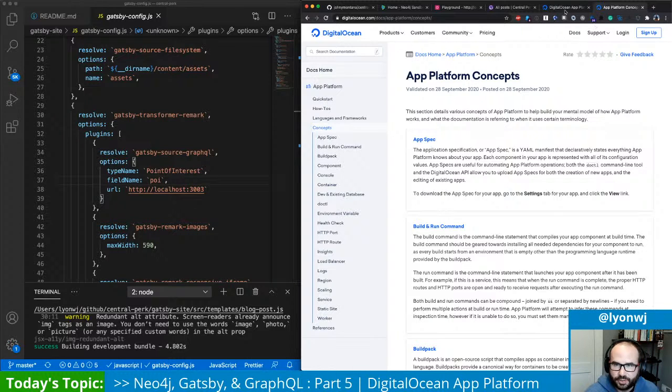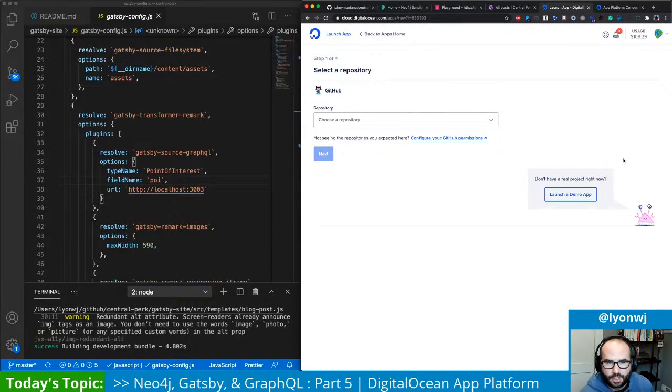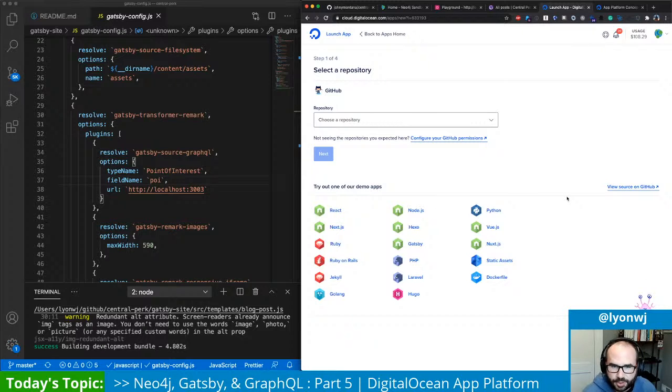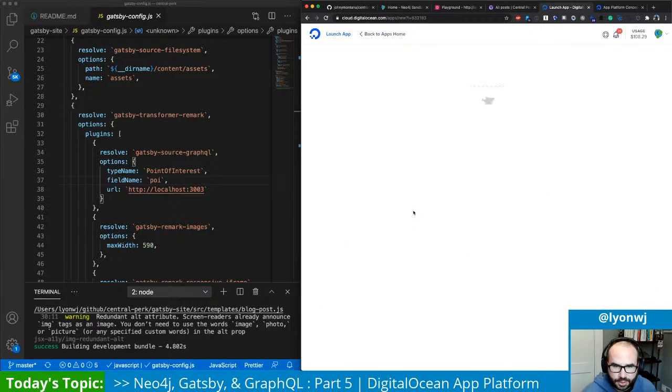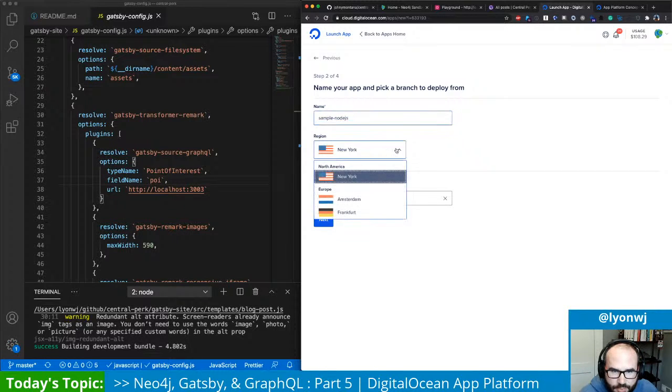Okay, so there's the docs if we need to check those out. But let's go ahead and launch an application. And so let's see. I can choose a repository. I've already connected my GitHub user, so that's cool. I can dig into that. Let's choose a demo application to launch here initially before we try to deploy our Gatsby project, just to see how this works. So we'll choose the Node.js project, give it a name, choose a region,